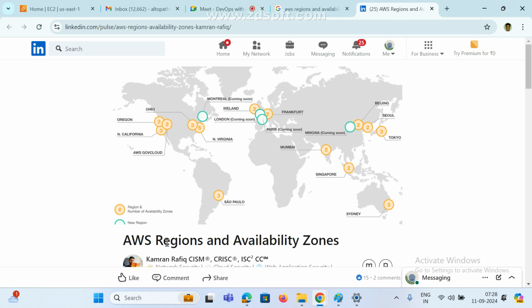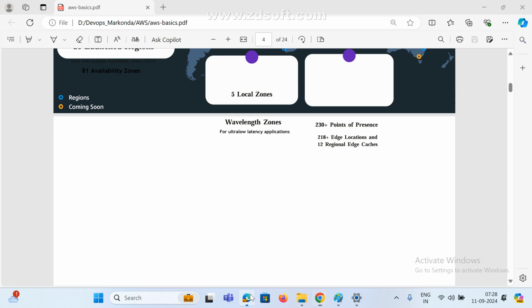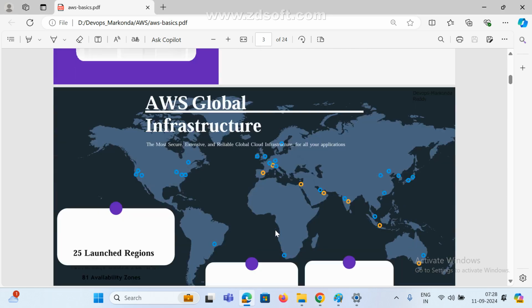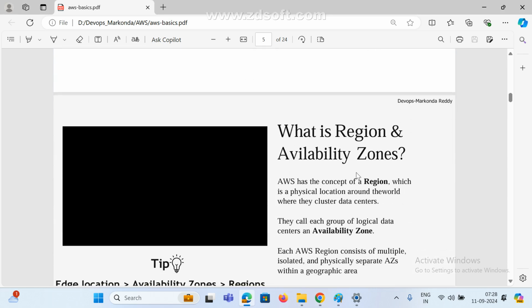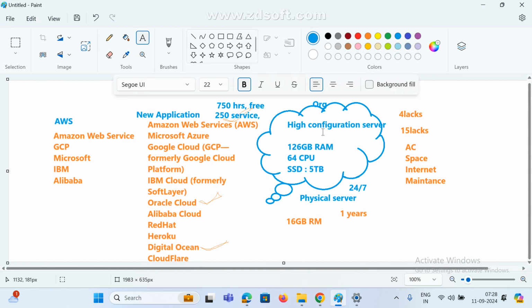A region is nothing but a physical space. What is a region? Don't confuse it. A region is one physical location. If we want to maintain these servers, we need one place, one area. That is a region. In India they are maintaining two, like Mumbai.